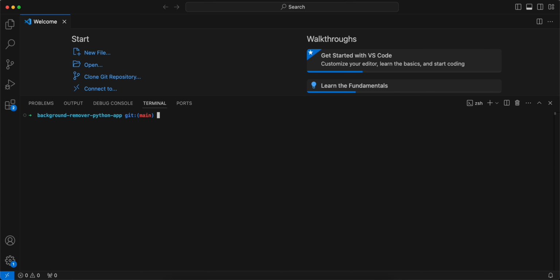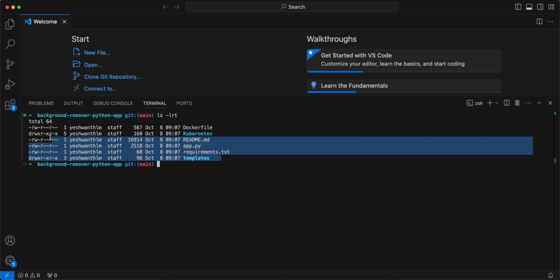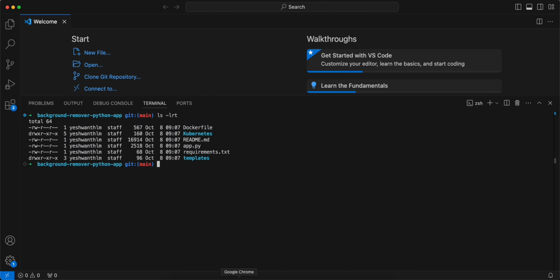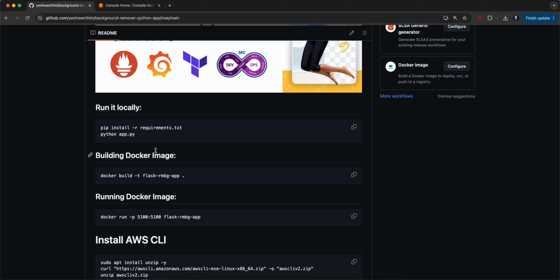Okay, now if you see here, I'll just say ls -lrt, and you see all the files and folders that we just discussed on the GitHub repository. So it is also present. So if I want to run this application, I've given you the guide, all the commands required in order for you to run that. So if you see here, if you want to run it on the local machine,